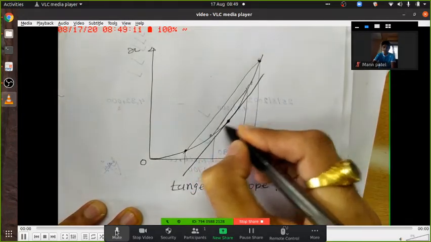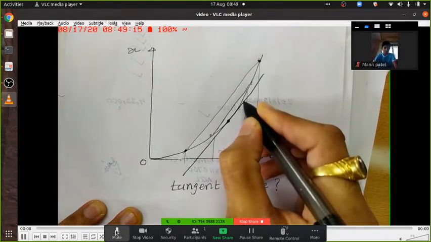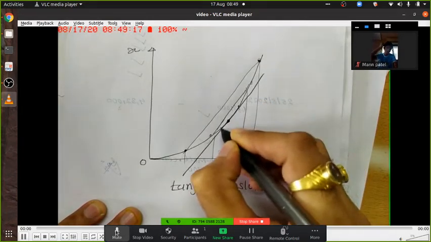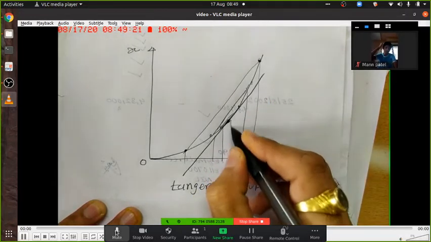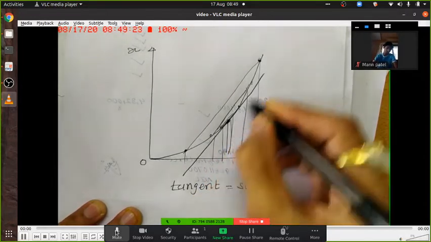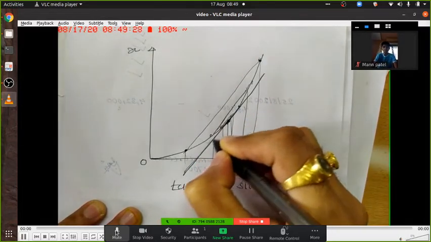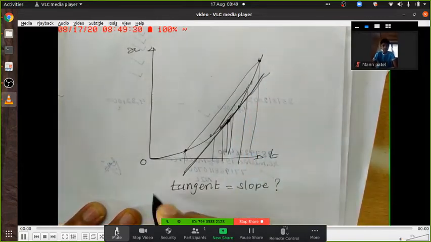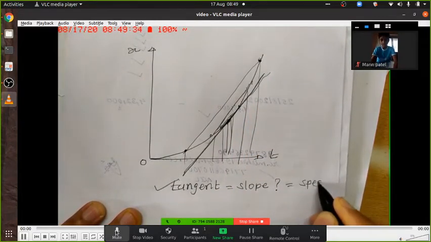These both the graphs are now closer by, identical but not the same. Then I select these 2 points. Finally, if I make the time interval smaller and smaller, then I'll get those 2 points which are very very close. I connect and I'll get a straight line. I'll get the tangent, and the slope will give me speed, and that will be instantaneous speed.